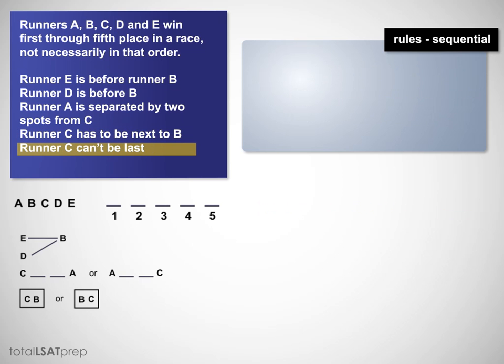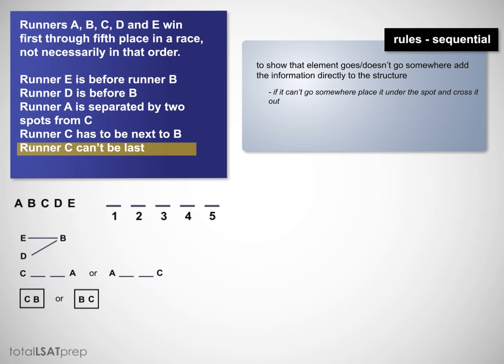And the last rule says that runner C can't be last. In order to show that an element goes or doesn't go somewhere, add the information directly to the structure. If it can't go somewhere, place it underneath the spot and cross it out. And if it may go somewhere, place it under the spot in parentheses, just to let you know that maybe